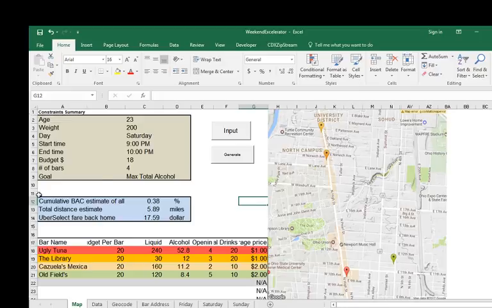In this box here, you have a cumulative BAC estimate for the entire group, and then distance estimate from the last bar to your home, and then an Uber fare to get back home. This bottom chart here will list the bars that the application chooses for you, your budget per bar, the amount of liquid and or alcohol in ounces that you can purchase, total number of drinks, and or the average price